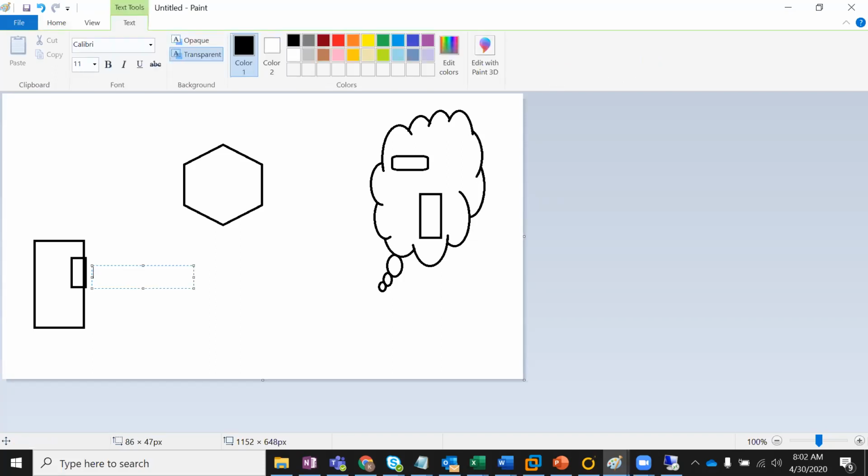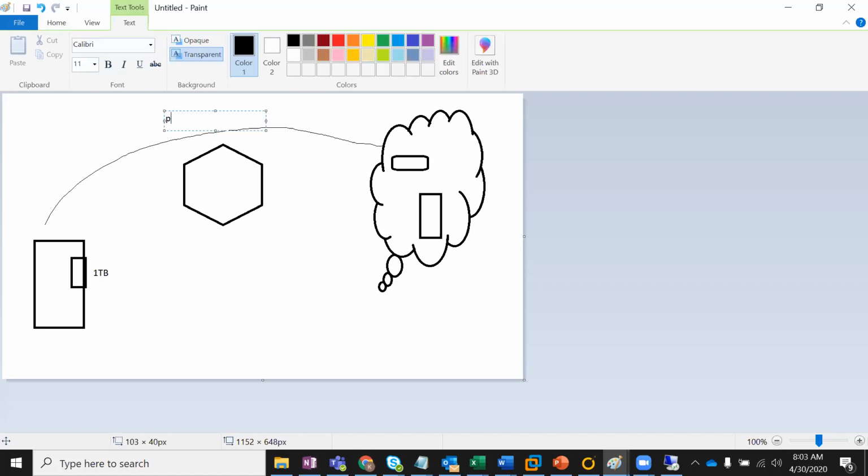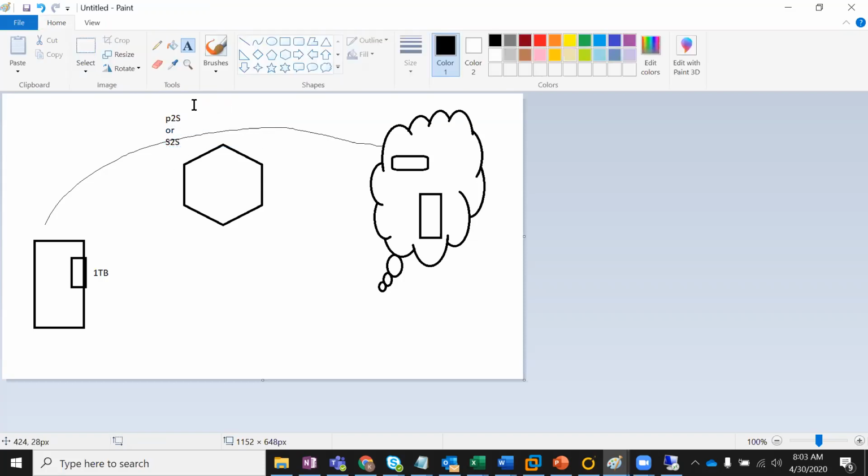For 1 TB, even if you configure site-to-site or point-to-site connectivity, you can connect directly from your local system, but you cannot restore this directly.